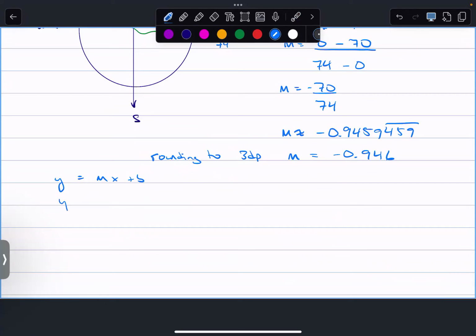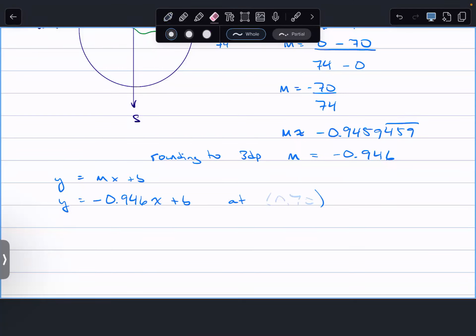So y equals negative 0.946 x plus b at (0, 70). Or, you know what? Nah, I changed my mind. But this is more, I